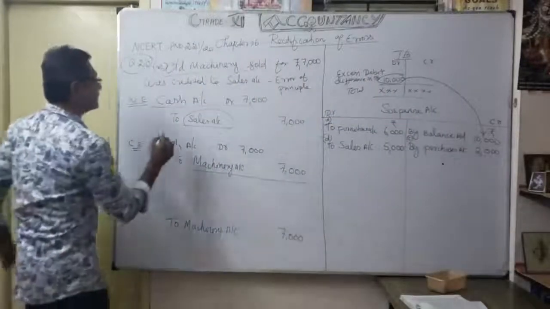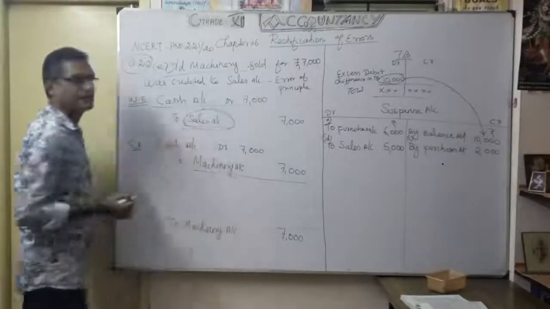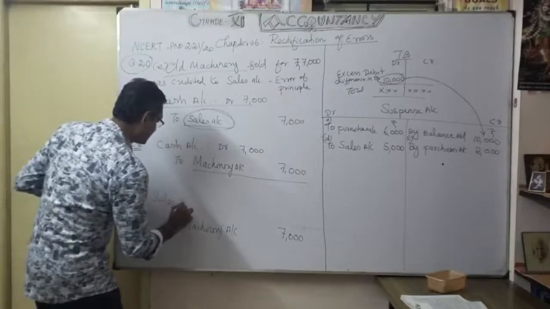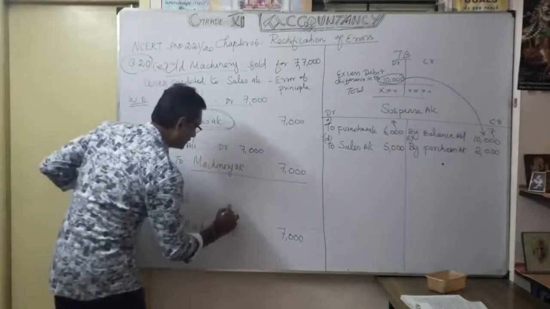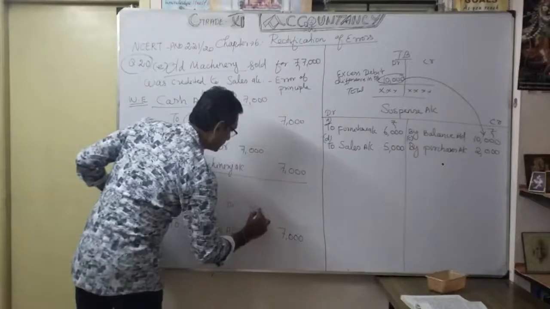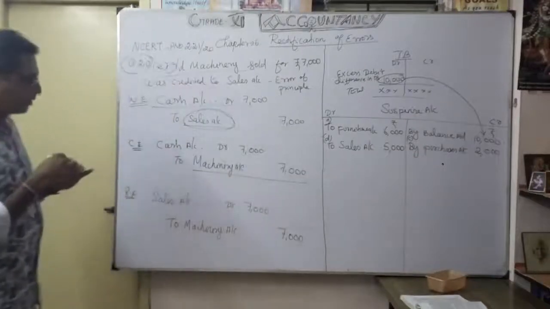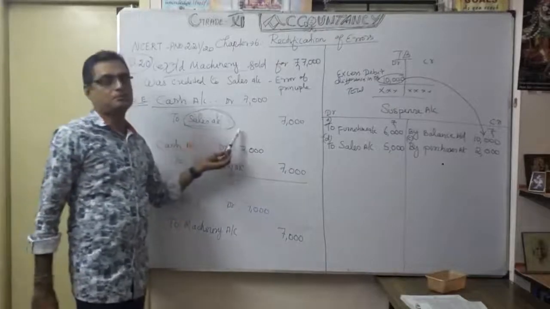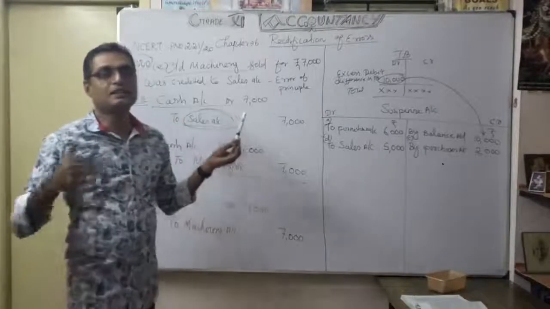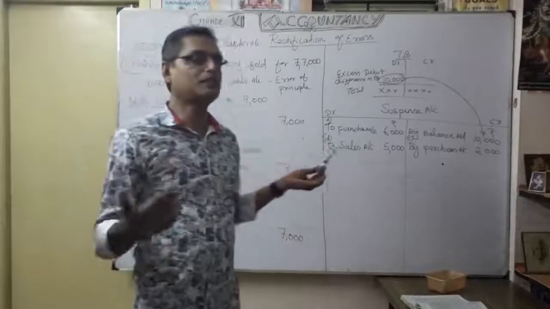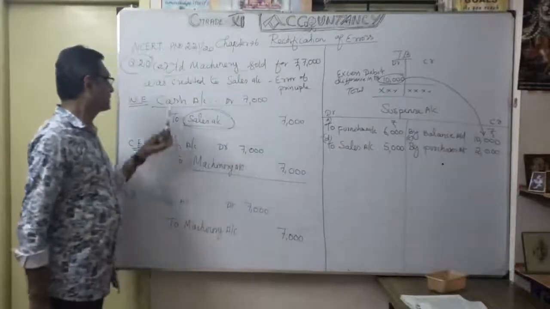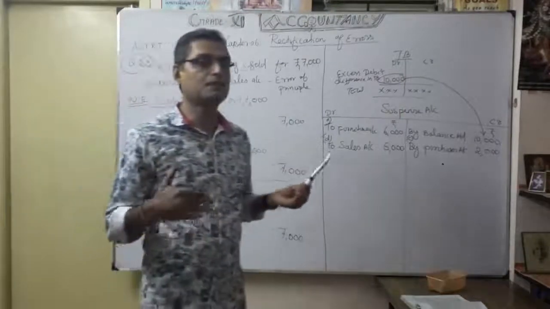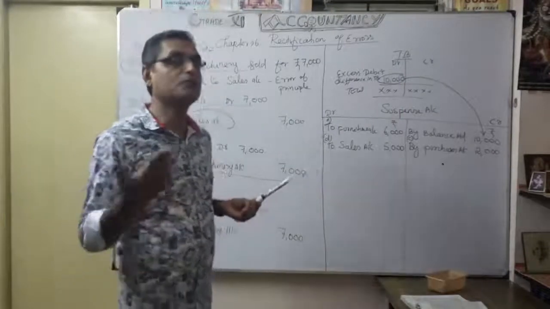So earlier we did it as a sales credit. Now sales is a debit, the sales account debit, how much? 7,000. You understood now? So earlier you wrongly credited sales. I considered it as a revenue income, as a revenue receipt. But it is not a revenue receipt. It is a capital receipt, because I sold the machinery, old machinery. So it comes under capital receipt. But what happened? It was wrongly considered as a revenue receipt.